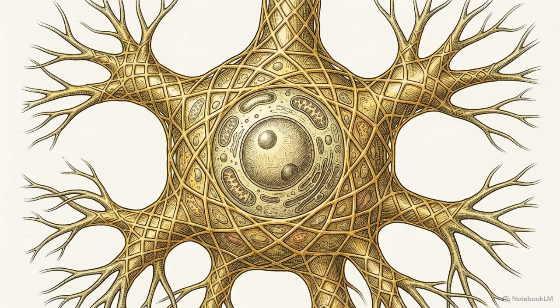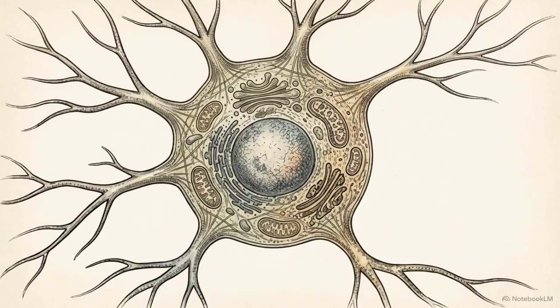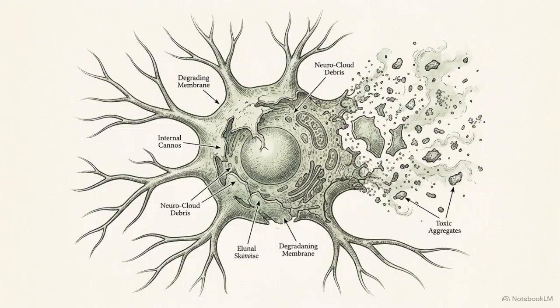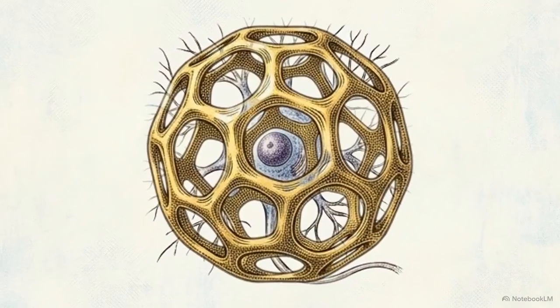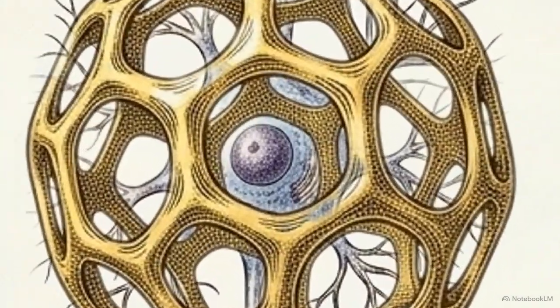Parvalbumin interneurons are enmeshed in these nets. Somatostatin interneurons, which target dendrites, lack a net entirely. Without a protective matrix, the somatostatin population is exposed to the rising neurotoxic environment immediately. They die early because they have no shield. The parvalbumin cells survive exactly as long as their net endures. The destruction of the synapse is a focal perisomatic collapse, and it is staged entirely upon this specific lattice.